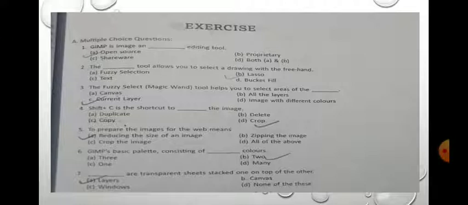Options are fuzzy selection, lasso, text, bucket fill. So the correct answer is lasso. The lasso tool allows you to select a drawing with the free hand. Means when you select the lasso tool, you can select your drawing part with free hand.